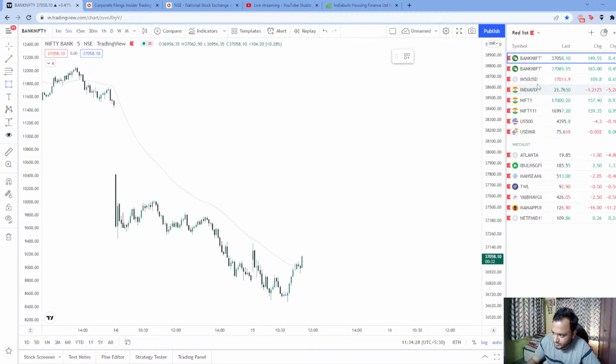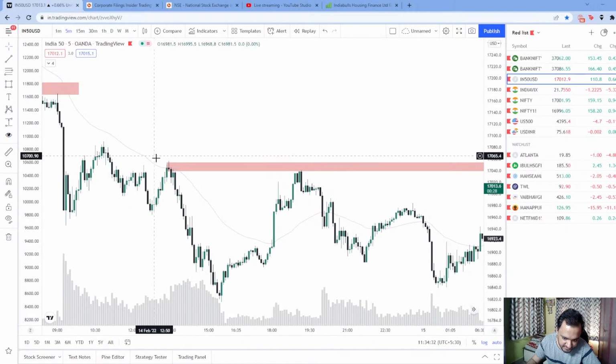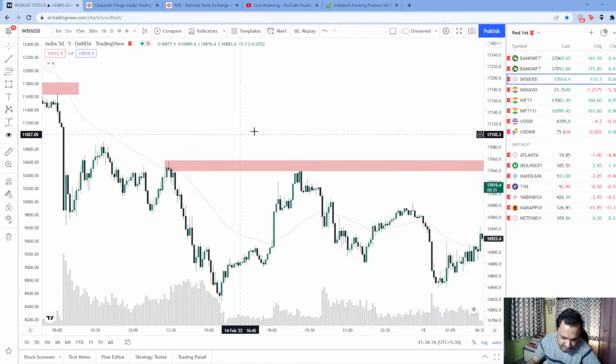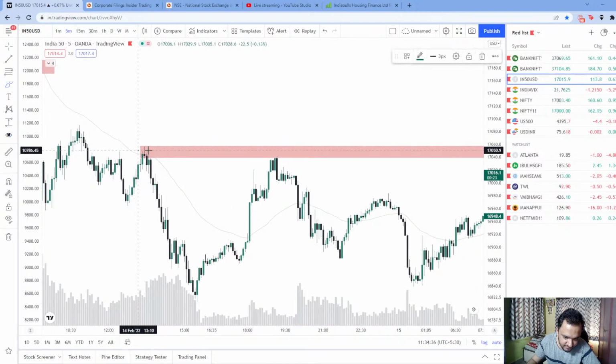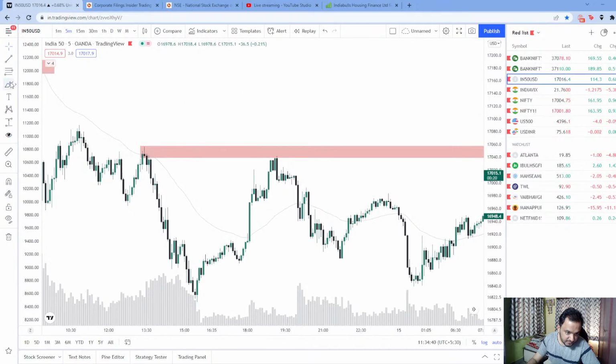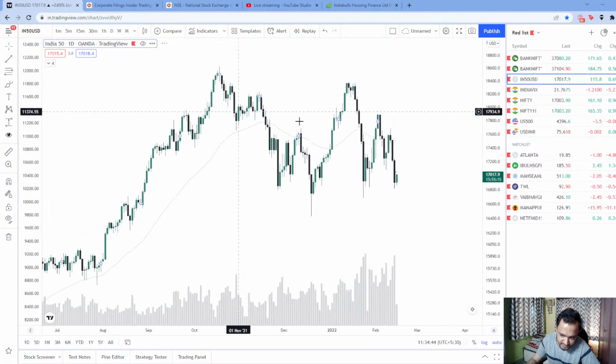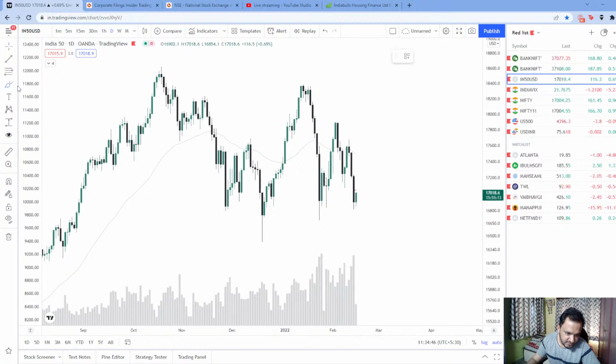I'll just use the chart. So it's this zone where the supply is, right? I'm not concerned about the exact point, the 50% level or the highest level or the lowest one. I'm not worried about it. The point here is when you're seeing a zone, when you're seeing this area, suppose a bunch of candles like this,